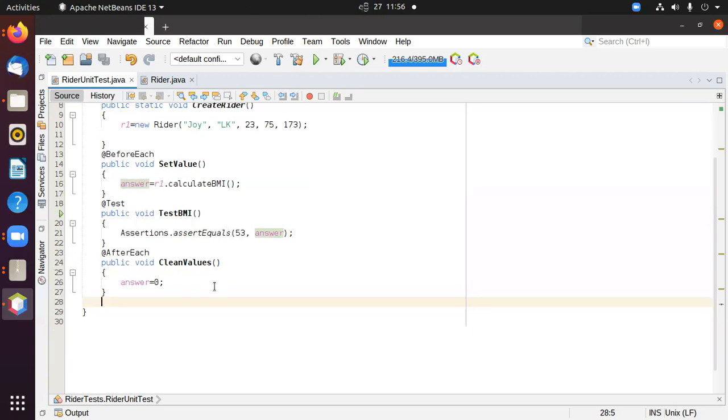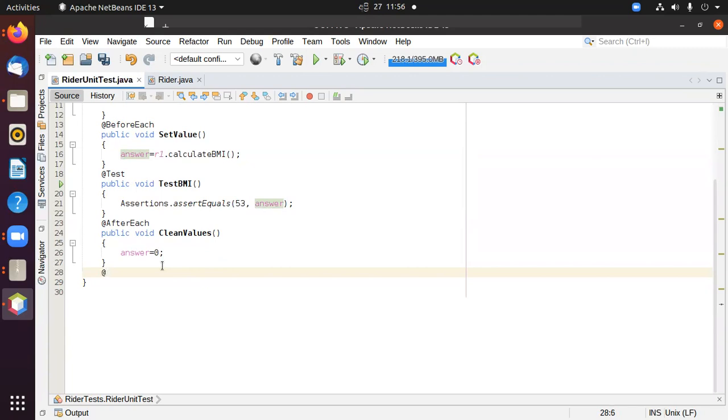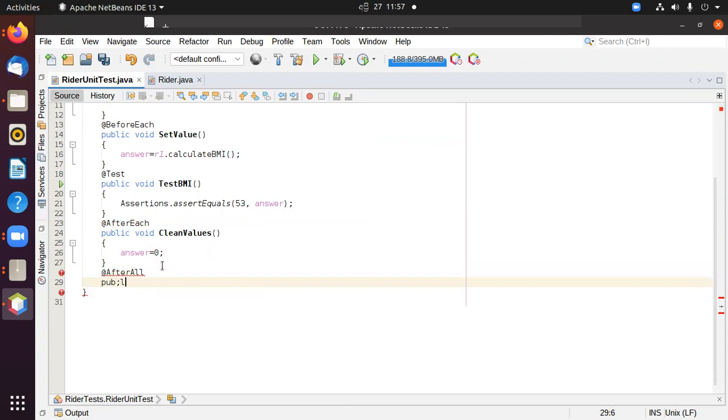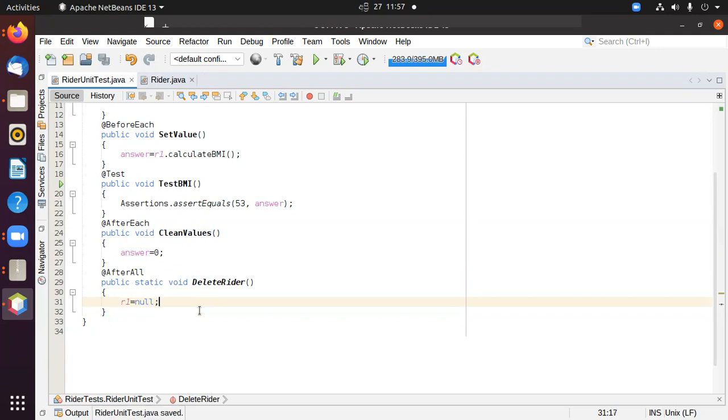Yeah, let's complete the last one. So after each, that is after what? All. So now this should be a static method because it has the All keyword, public static void. So let's say deleteRider. So we created a rider in the beginning. So before all, in the after all method, we set the rider object to null. So that object will be deleted by the Java garbage collector. So they will be collected by the Java garbage collector software. So they just clean it up,